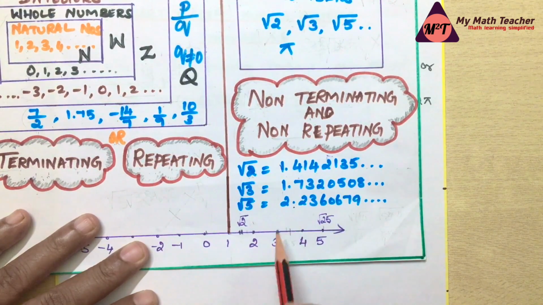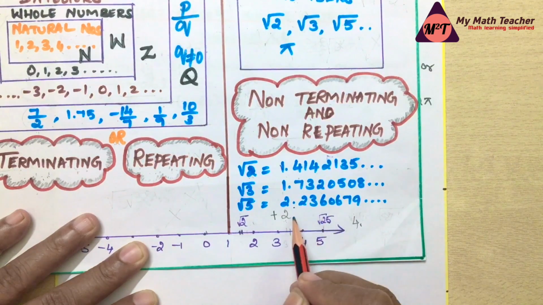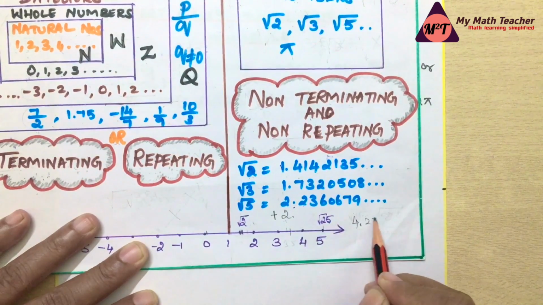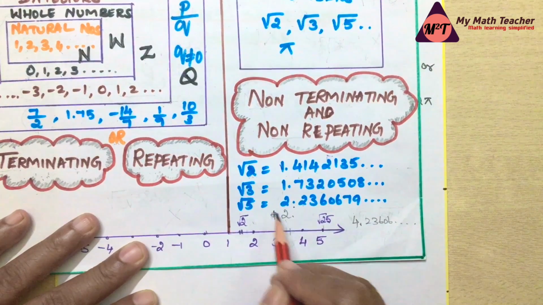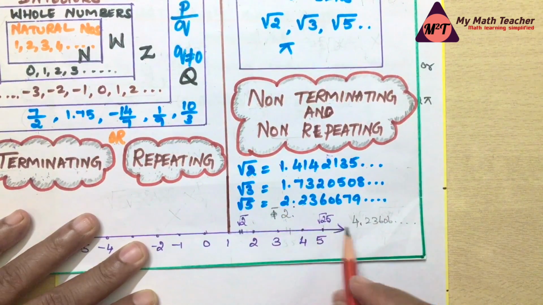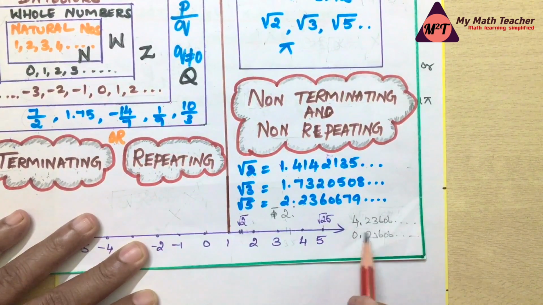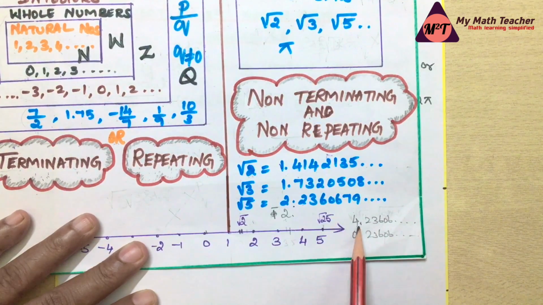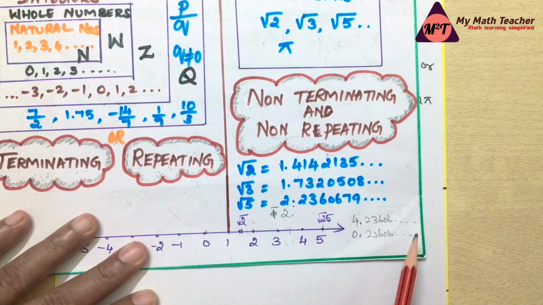So if you are adding one number which is 2, as we know 2 is a rational number, what will be the answer? When you add this, it will be 4.23606. It keeps on like this. In case, instead of adding, if you are subtracting, what will be the answer? It will be 0.23606. It keeps on. So when we add or subtract any rational number with an irrational number, the final outcome will be, as you can clearly say, an irrational number.